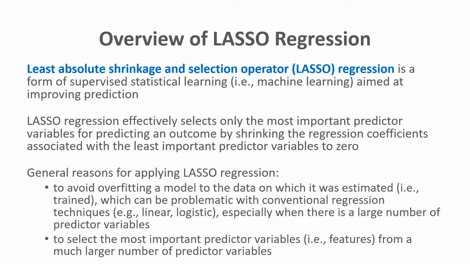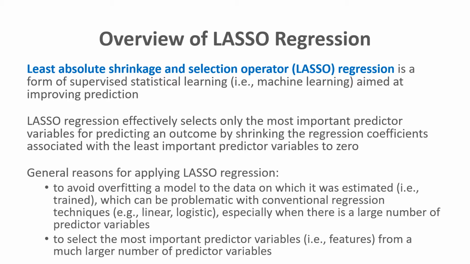So lasso regression, as I mentioned previously, is a form of supervised statistical learning, meaning it's a type of machine learning, and it's aimed at improving prediction. So if you're going to use lasso regression, often your overarching goal is to develop a model that's going to be as predictive as possible of a particular outcome you're interested in predicting. So we're really talking about predictive accuracy or classification accuracy, depending on what type of model you implement with lasso